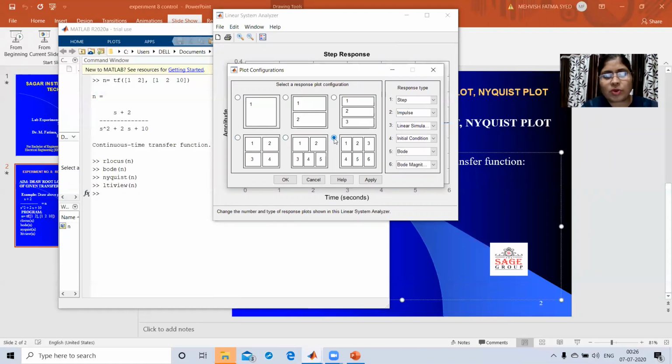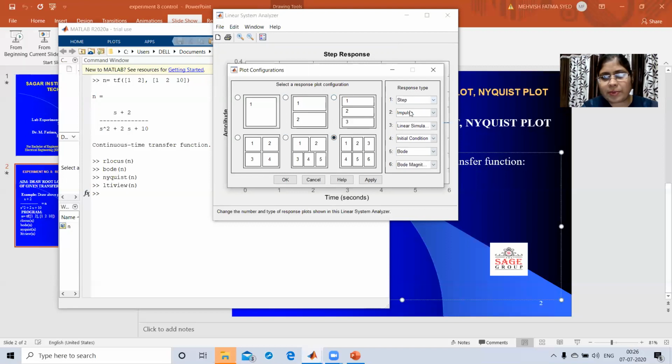So I'm selecting this option where the six plots can be drawn simultaneously. When I select this one, you can see only 5 options are activated. Similarly, when I selected this, only 2 options are activated here. Now I'm selecting this option where 6 plots options are activated.